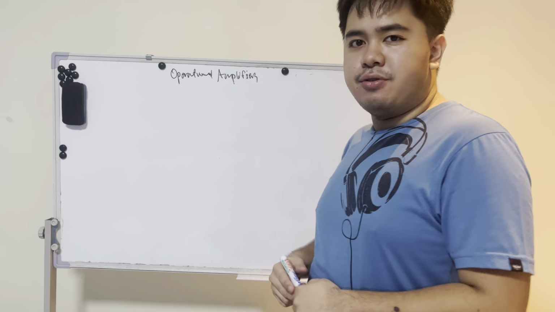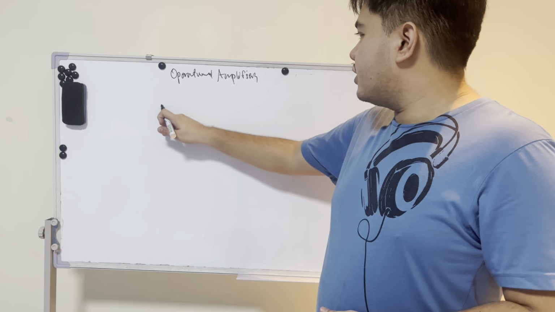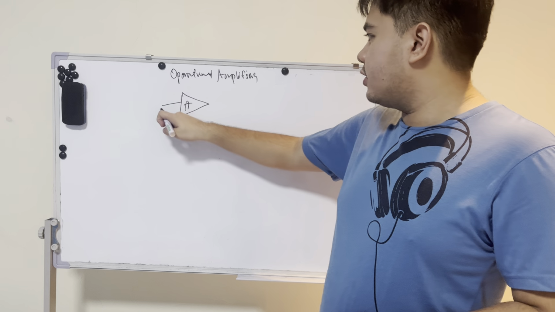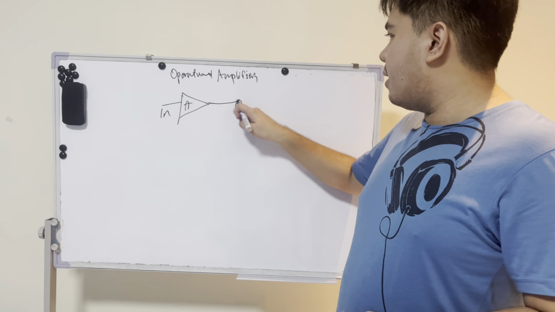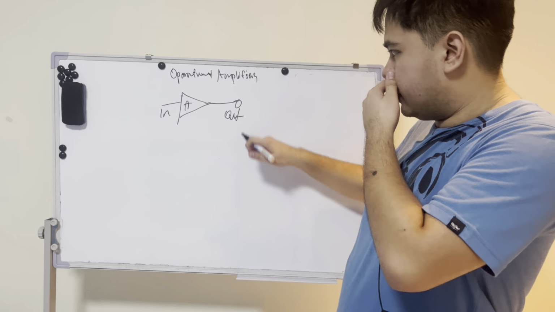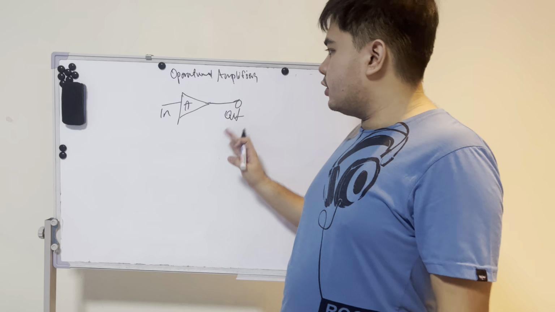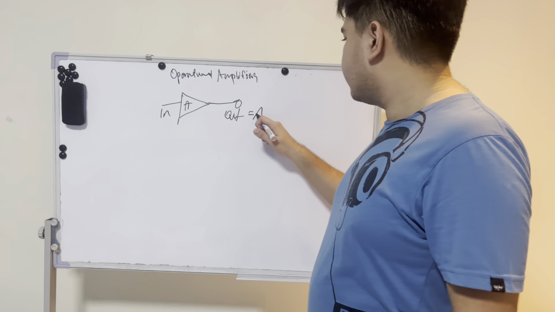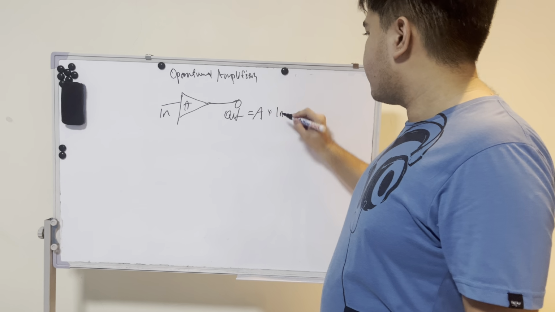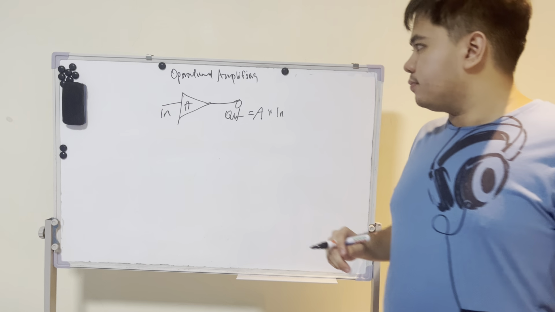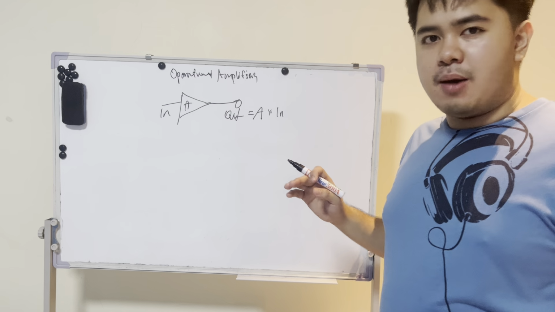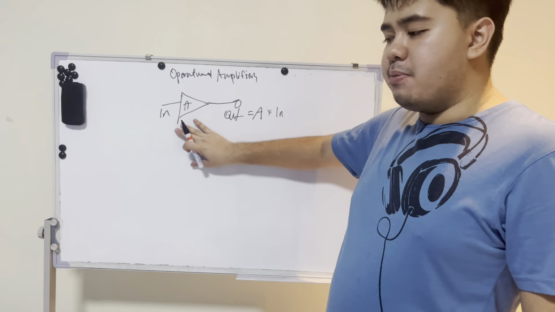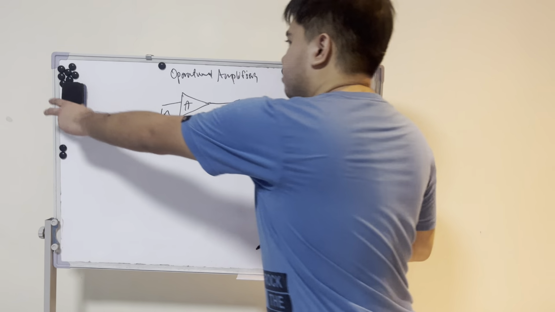What is an amplifier first and foremost? An amplifier is something that takes an input, multiplies it by a certain gain, and out comes an output. Right? In order to get the output, we multiply the input by the gain. Alright. So an operational amplifier works the same. It takes an input, multiplies it by some gain, and then we have the output. But